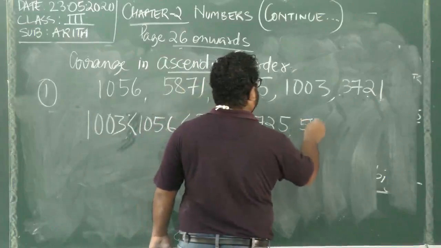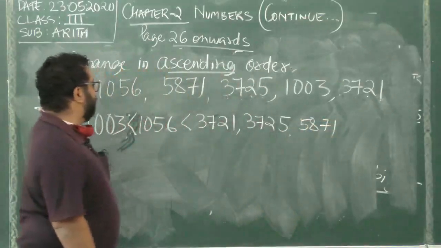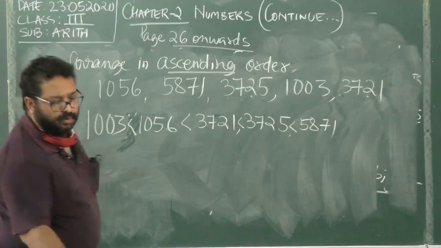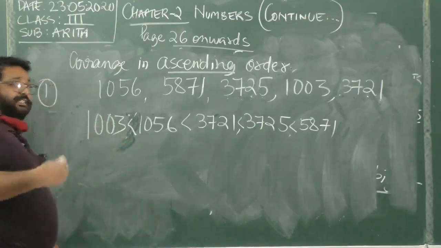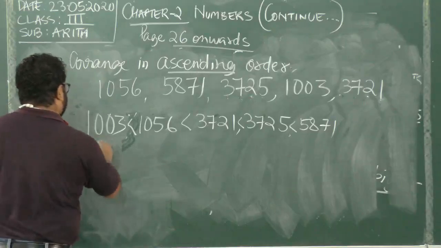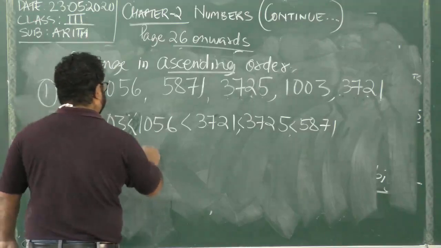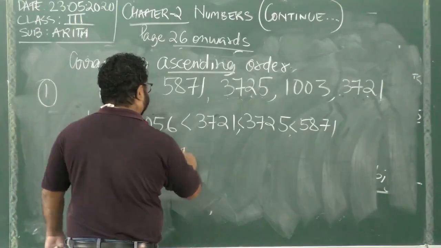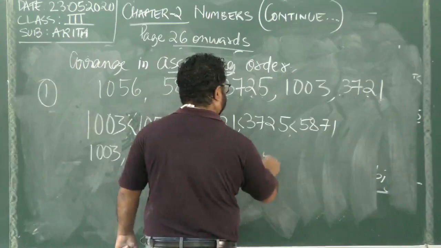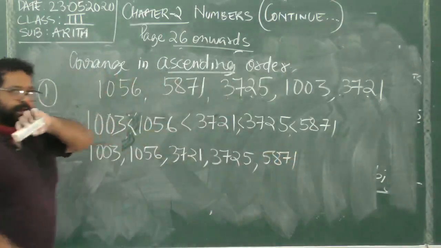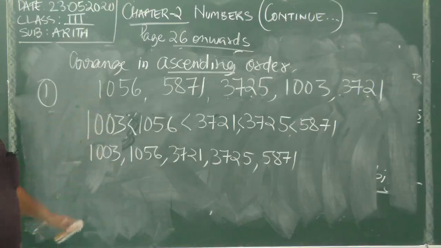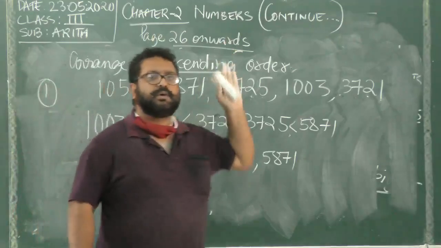number is 5071. All right. Now once we have done this, once we have put these less than signs, we can just omit it. Or if the other step you want to do, then you can just write this number without the smaller than sign. So this set of numbers is arranged in the ascending order. All right, so ascending, as I told you, going up, smaller to bigger.